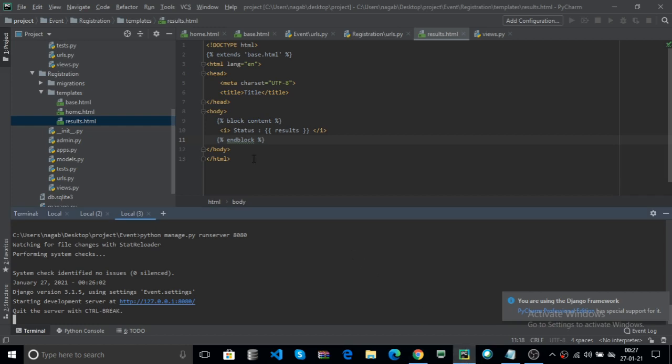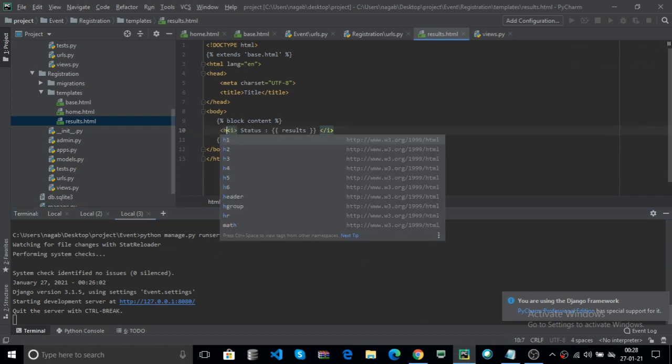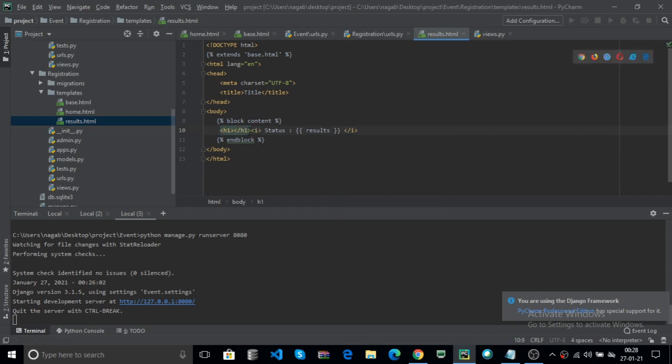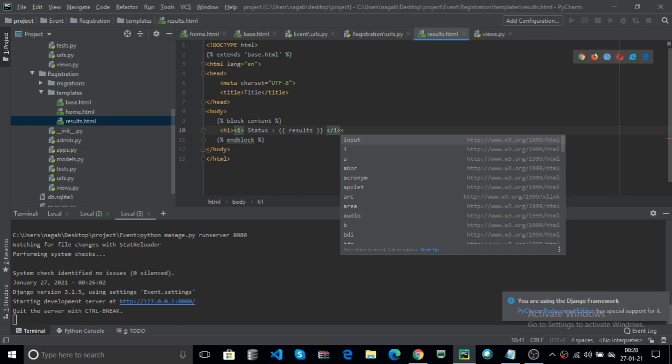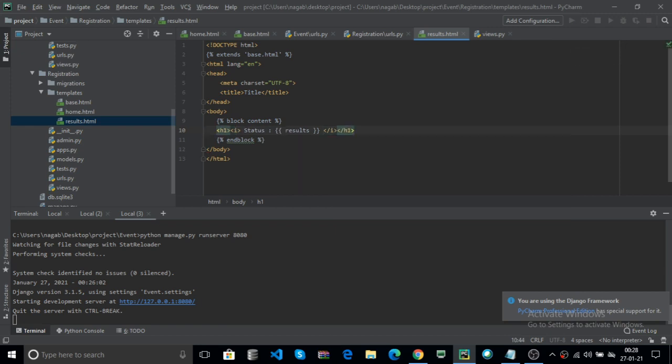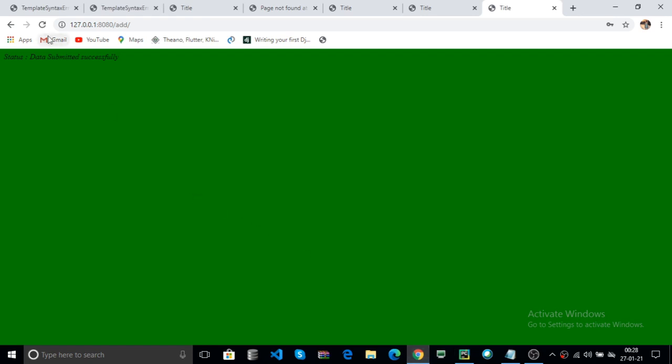Here your data is submitted successfully. Here you can also use italic with h1 data. Here it prints the heading h1 type data. Here go to your browser and refresh. Here your data is submitted successfully.